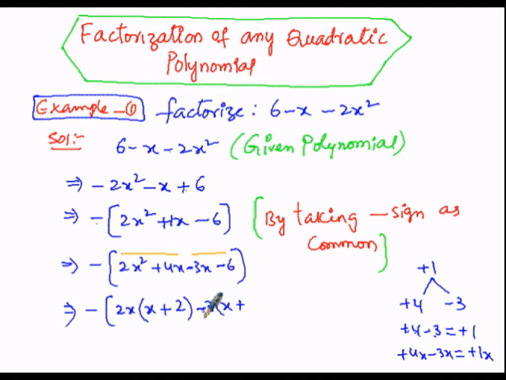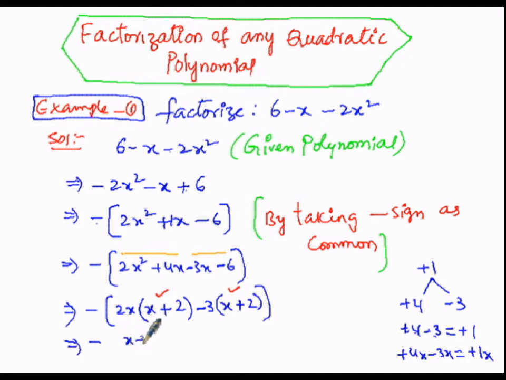So we can check: minus into 3x is minus 3x, then now plus, minus 3 into 2 is minus 6, 3 2s are 6, then minus of plus is minus. So bracket close. Now here among these two terms, x plus 2 and x plus 2 is present in both the terms. I can take x plus 2 as common now. So that implies minus,